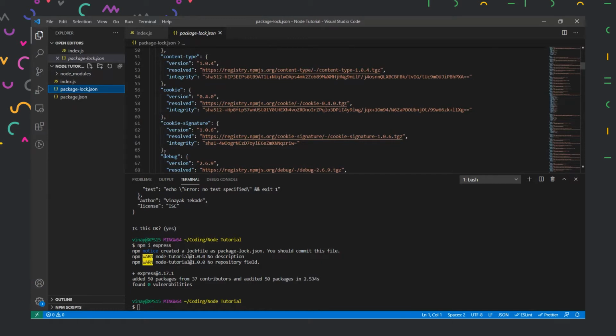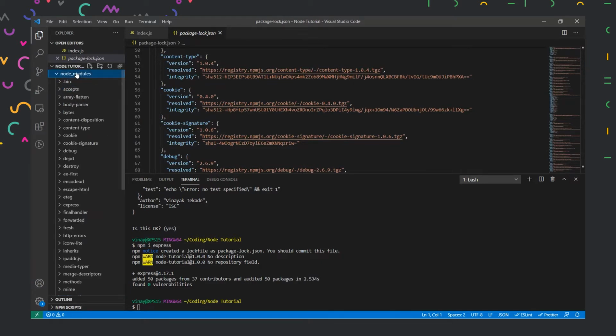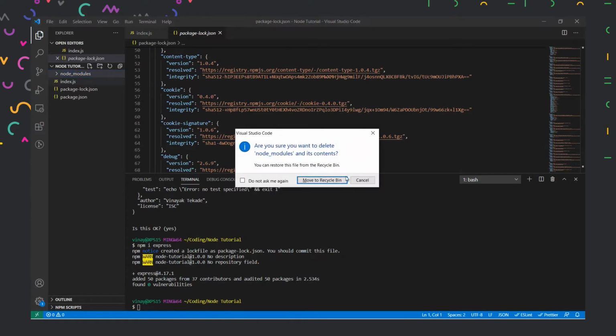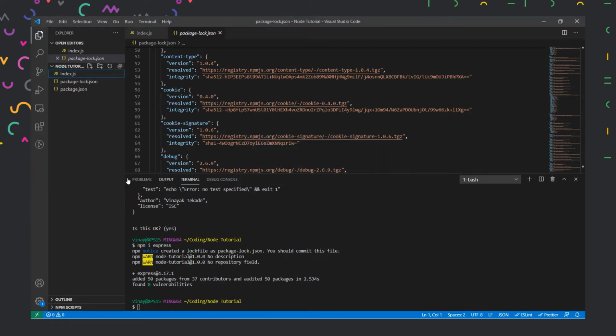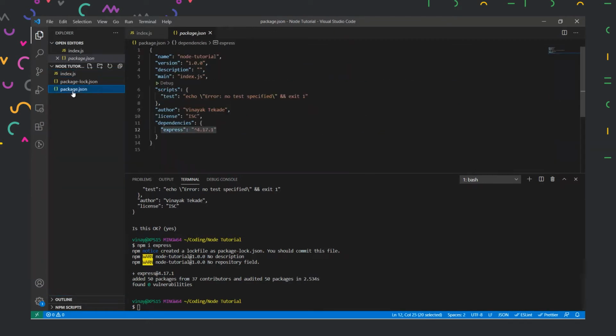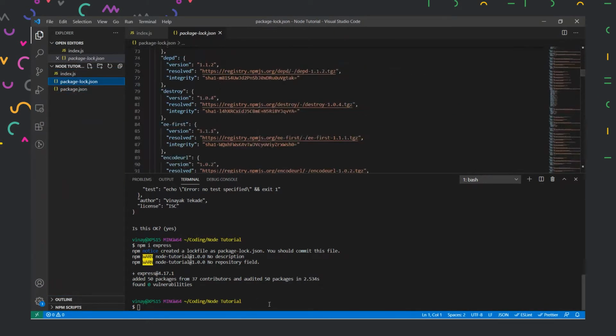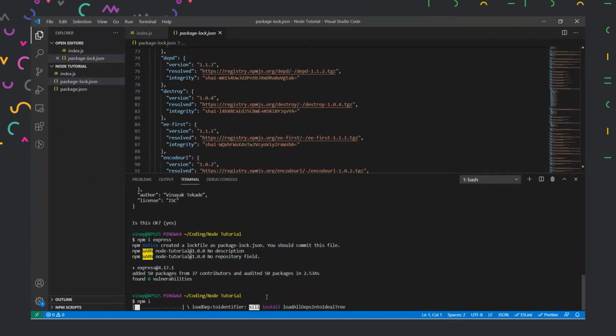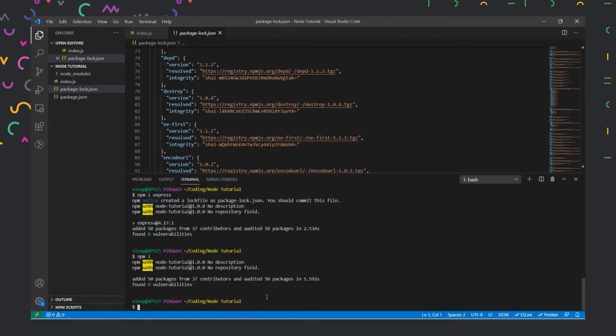So in case this node modules folder got deleted, what will happen? It's easy. Since you already have the package.json file and package-lock.json file, you just have to run npm install. I stands for install. And if I press enter, it will automatically install all the files again.